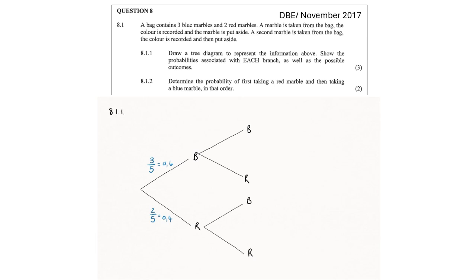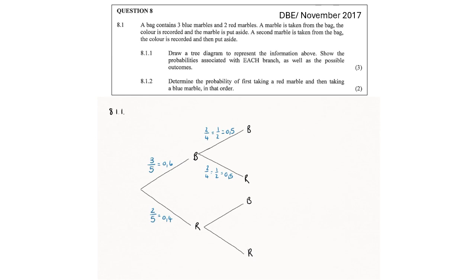If you first drew a blue marble, the probability of drawing a blue marble again is now going to be 2 out of 4. There are 2 blue marbles left, and there are only 4 marbles in total, and that equals 0.5. The probability that the second marble will be red if the first marble was blue will also be 2 out of 4. There are 2 red marbles, but now there are only 4 marbles to choose from, and that also